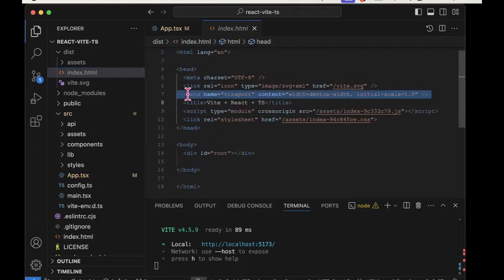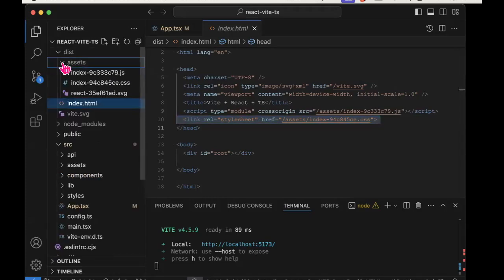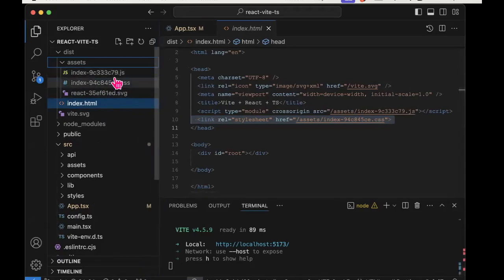See, there should be a CSS reference. Maybe it's this one. Yeah, sorry, there's my reference to my CSS file. And these two files are actually here inside the assets folder. Again, this should all be familiar to you from last semester. And these were generated by